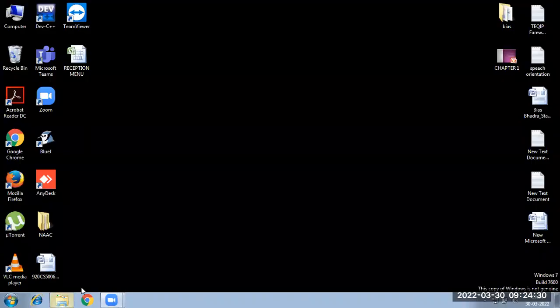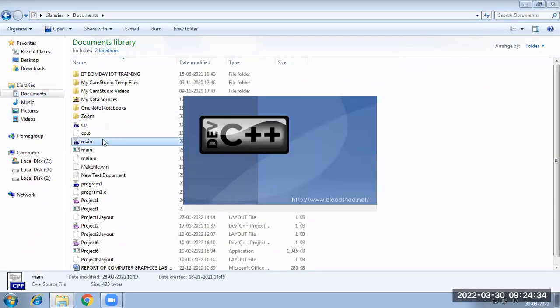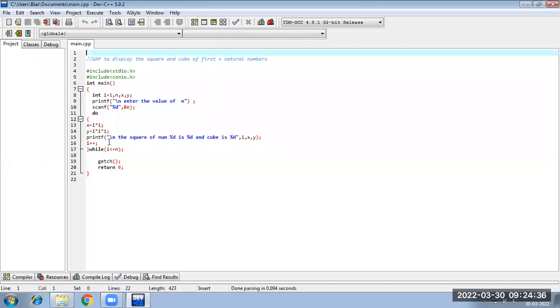Today we will study the programs on for loop. In the earlier videos, we have studied about programs on while loop and do while loop. So today I will try to explain a few programs using the for loop. Now for the one program that find the sum of the first n natural numbers,